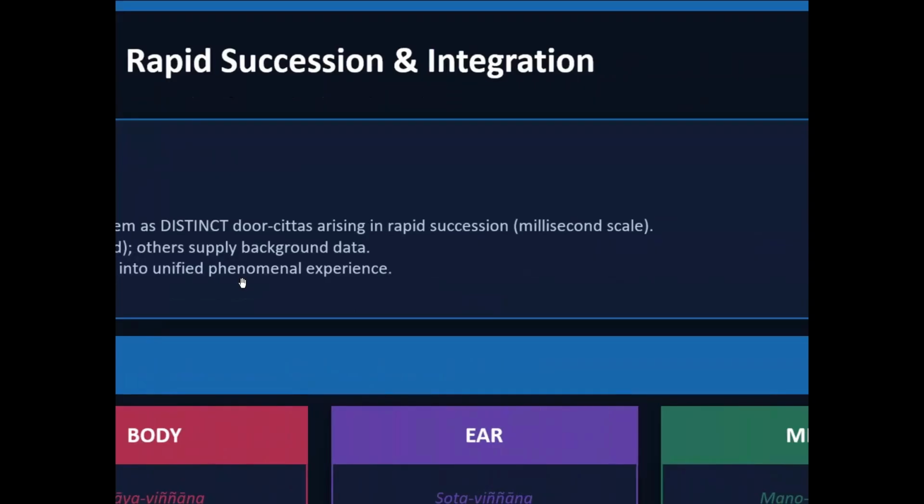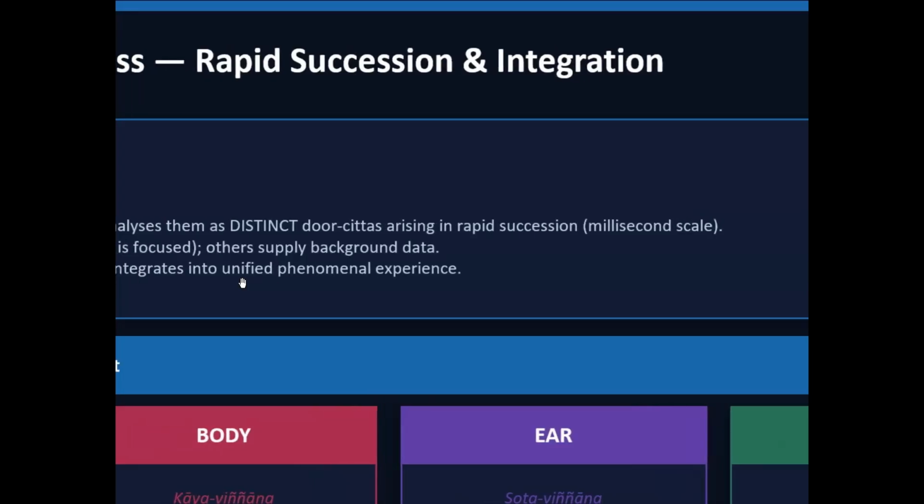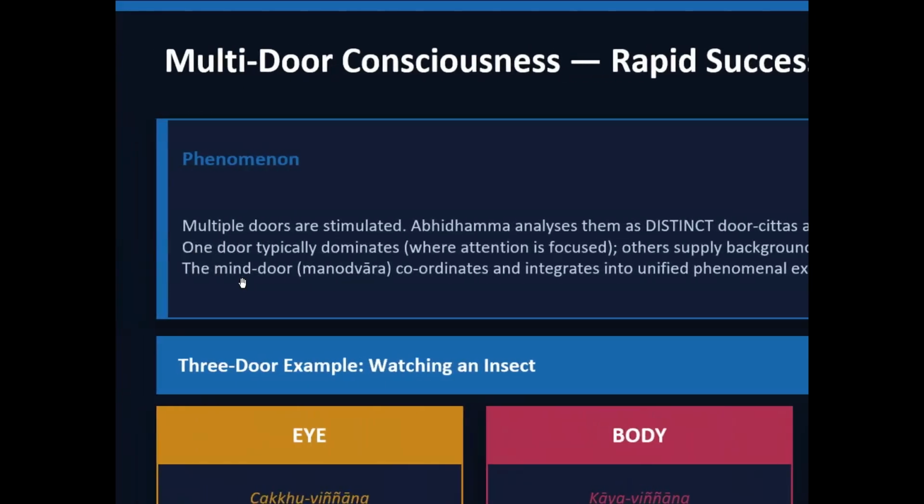You key in your input, then you need to process the input, as nothing is raw data. What you want to do with this data is your mind. It's something like a CPU. It processes all this data. And whatever data you need, you have to turn on the other door if you need further input. So this is called multi-door consciousness.